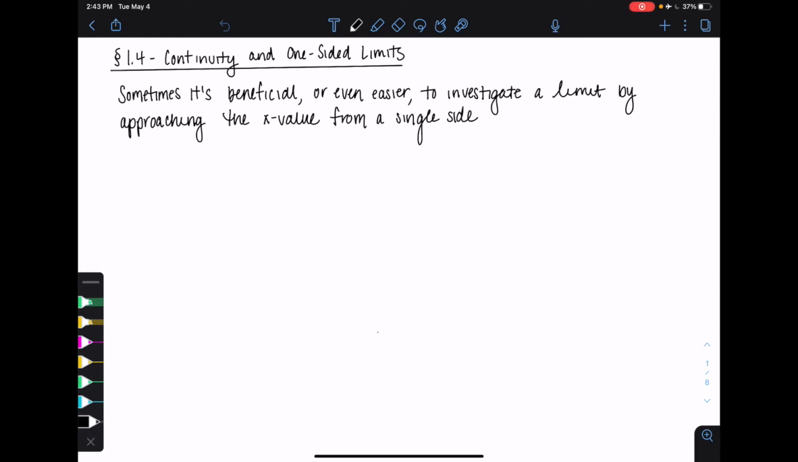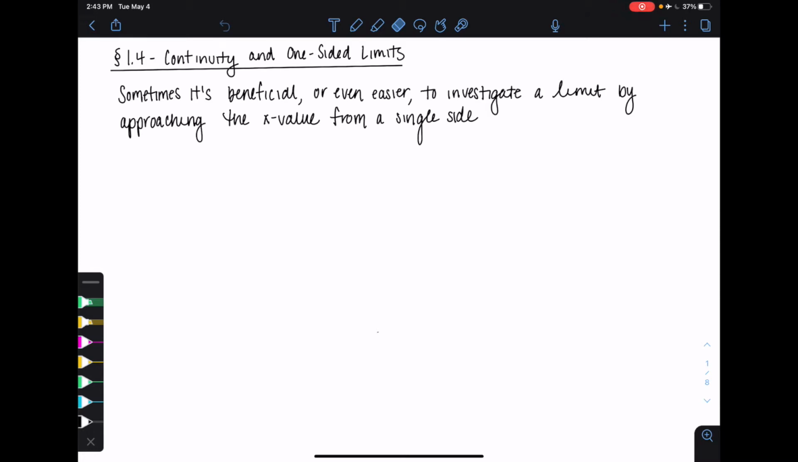Now that we've got a better hand at working with limits, we're going to extend that concept to other special types of limits and talk about something called continuity, which you may have heard in your pre-calc class, but you may not have as well. So sometimes when we're dealing with limits, it can be complicated to see what's happening on both sides simultaneously. So it can be beneficial or even easier to investigate a limit by approaching the x value from just a